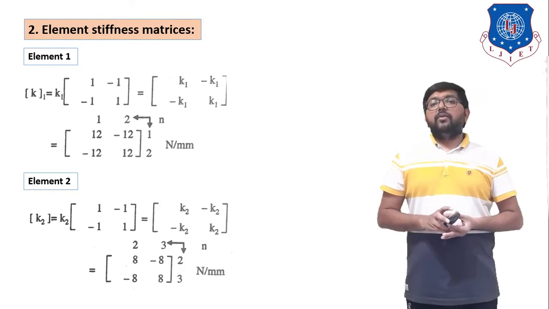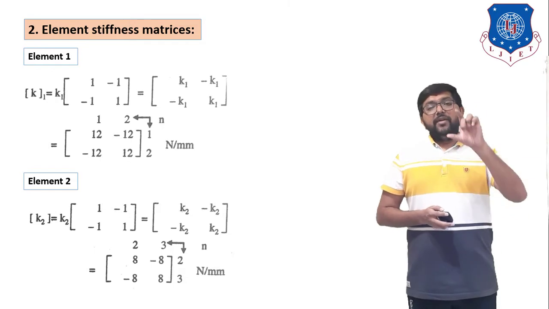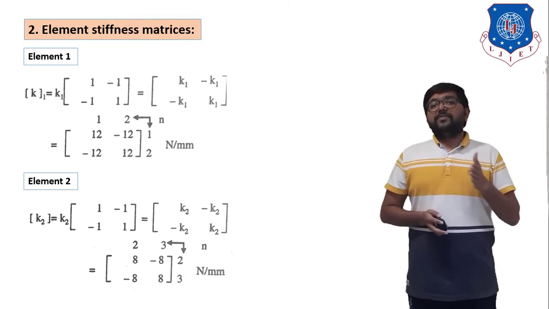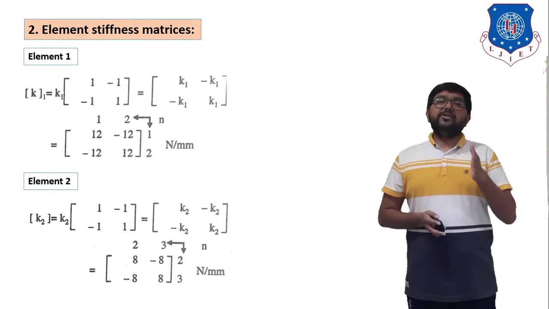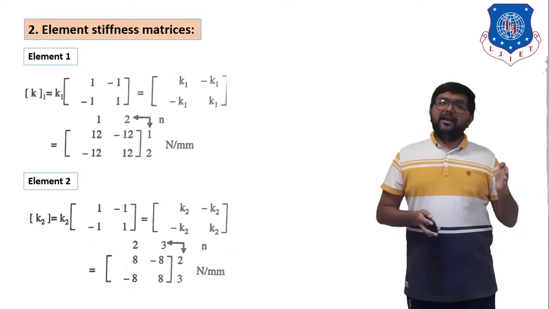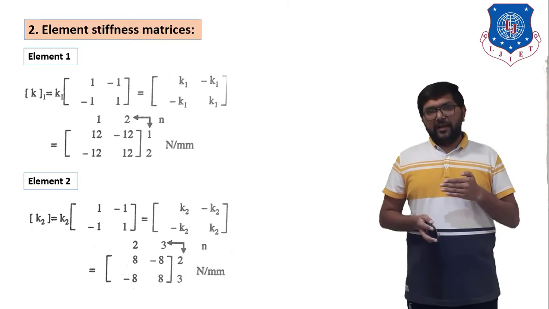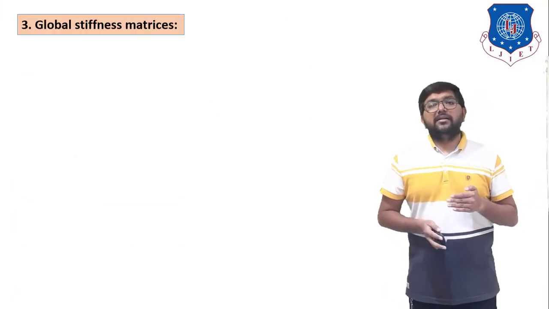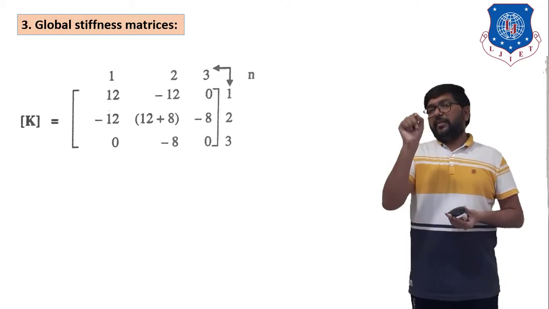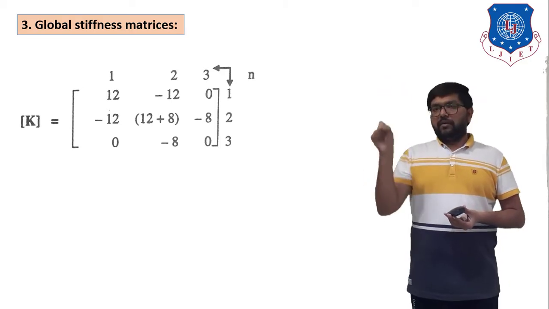Okay. Now we have to find out the global stiffness matrix. Global stiffness matrix means we have to combine these two matrices. The size of the global stiffness matrix is 3 cross 3, because in this numerical the total number of nodes is 3. If the total number of nodes is 3, the size of the global stiffness matrix is 3 cross 3. Now how to combine two matrices we have to learn over here. This is K. For 3 cross 3, you first give the row numbers and column numbers as 1 2 3, 1 2 3.